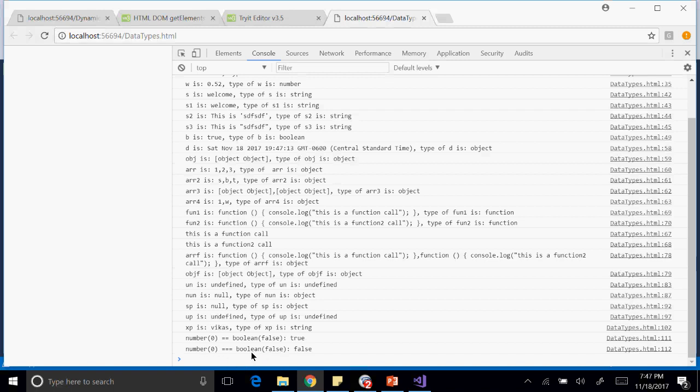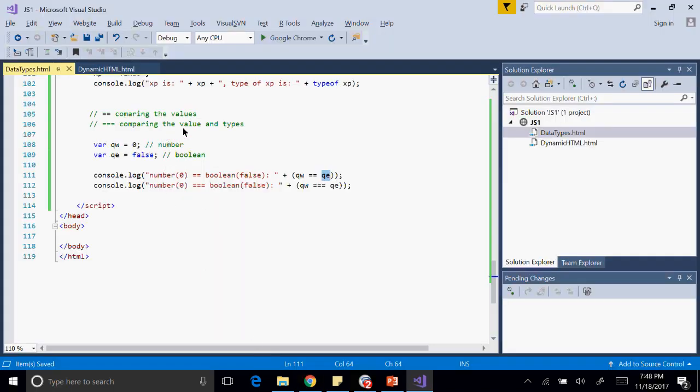By value those are equal, but by type those are not equal. So it made them false. If you want to compare by value, you can use double equal to. By type, you need to use triple equal, like 3 equals. So that is the difference: this only compares by value and this compares both value and